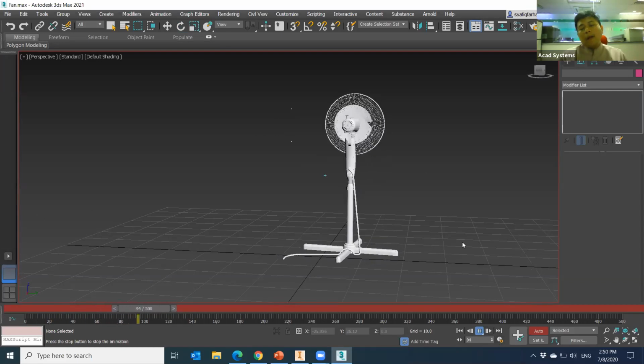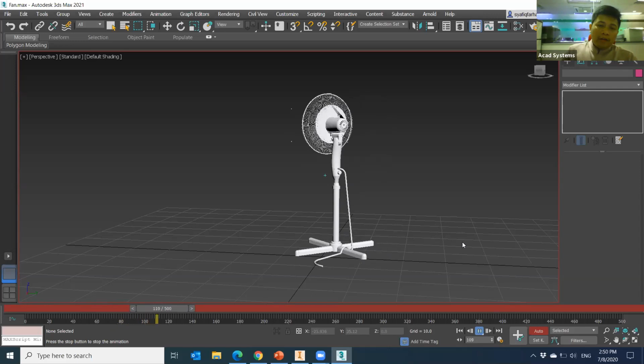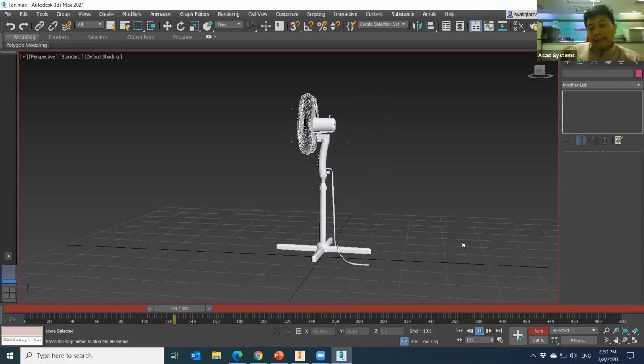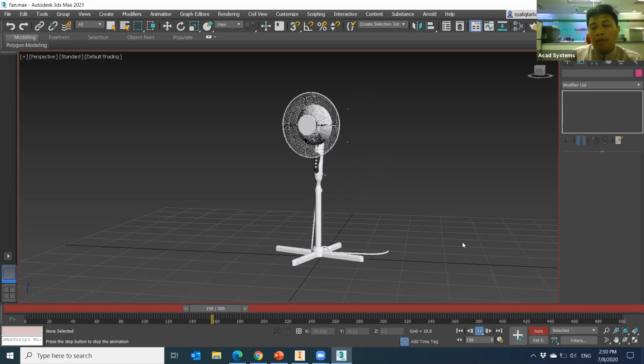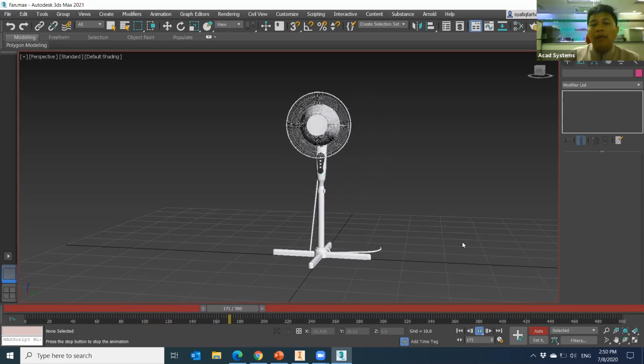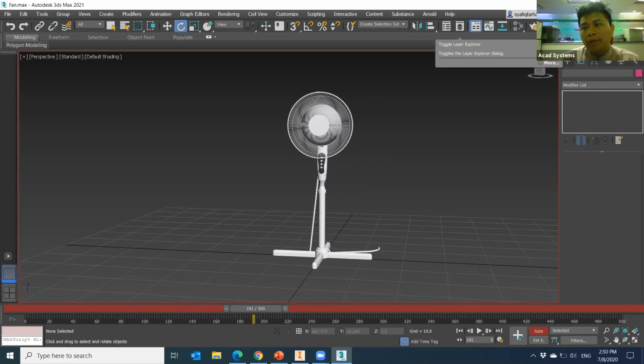But it's okay. After this, if you plan to rotate in certain cases, for example, you want to rotate the head only, or you plan to rotate the body including the head, how to do it? First thing you need to check is this one, we call it the explorer. For example, over here you need to click on this icon,